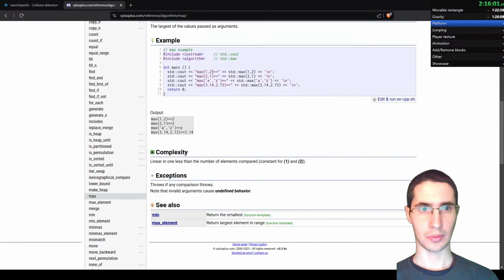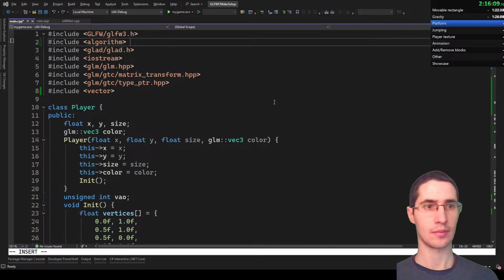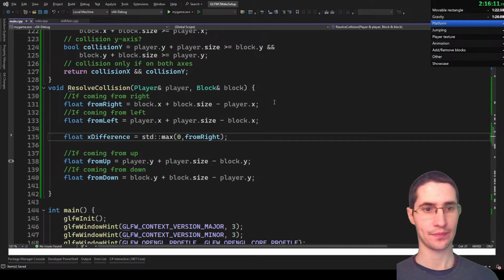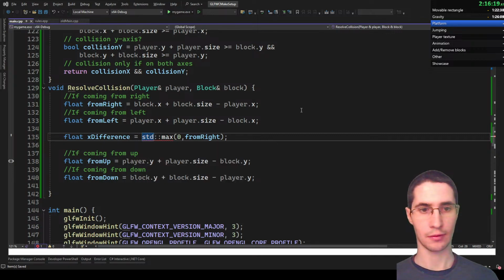What do we have to import? Include algorithm. Okay, and now what's the issue? Probably it doesn't accept floats in float. F. Okay, and now